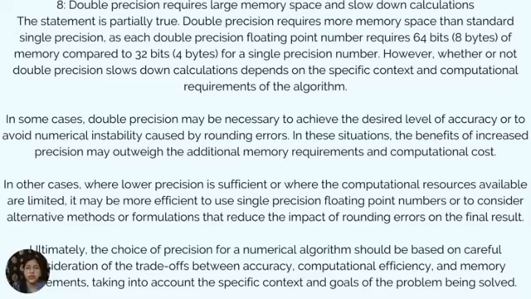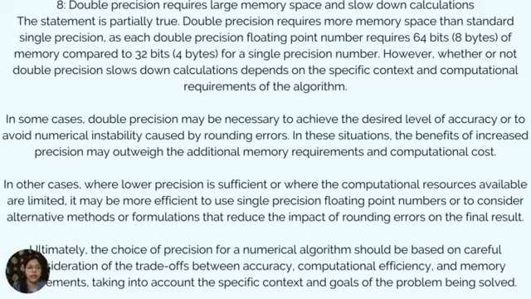Double precision requires more memory space than standard single precision, as each double precision floating point number requires 64 bits, which is 8 bytes of memory, compared to 32 bits, which is 4 bytes, for a single precision number. However, whether or not double precision slows down calculations depends on the specific context and computational requirement of the algorithm. In some cases, double precision may be necessary to achieve the desired level of accuracy or to avoid numerical instability caused by rounding errors. In these situations, the benefits of increased precision may outweigh the additional memory requirements and computational